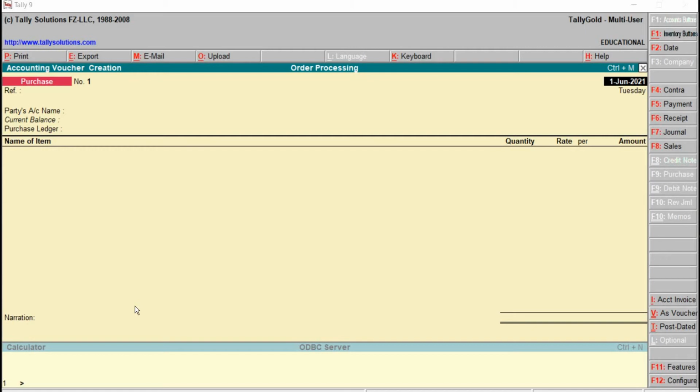I am repeating once again that from inventory voucher creation window itself, we can press function key F9, which will take us to accounting voucher creation window, and here the purchase voucher is open, and that too in invoice mode. Right now we have to change the date, correct? 1st of May.